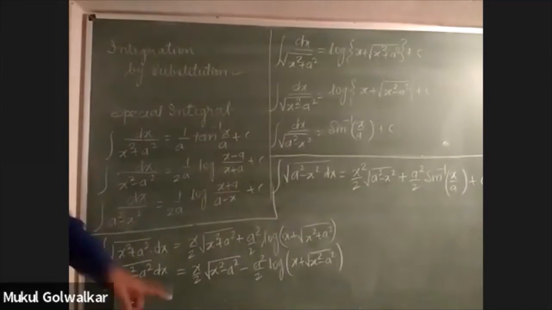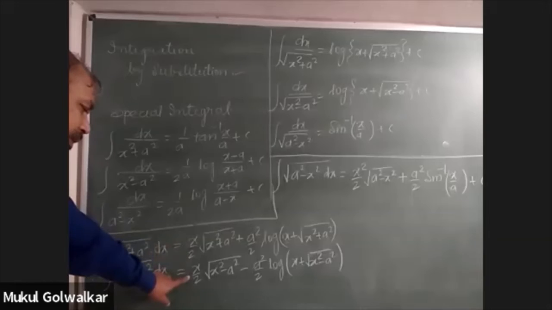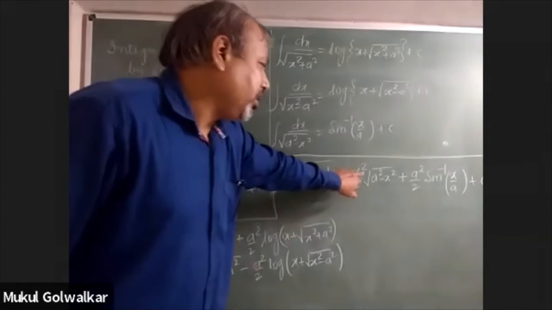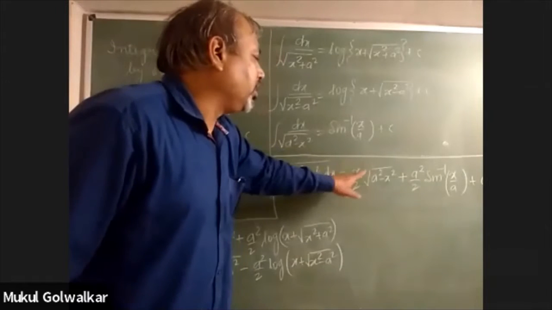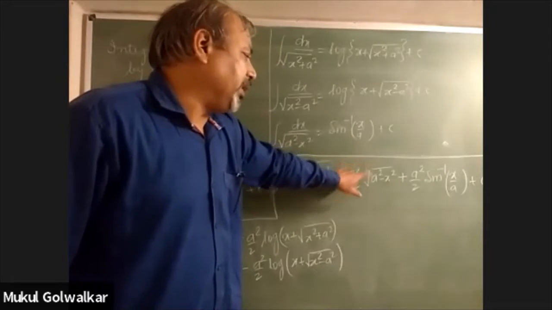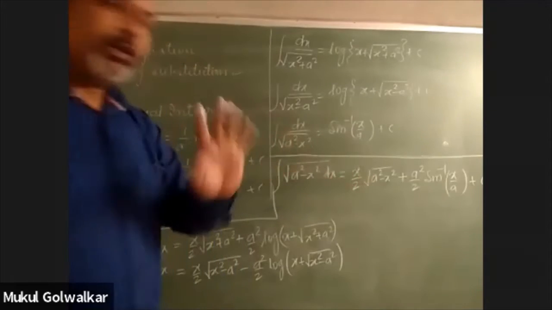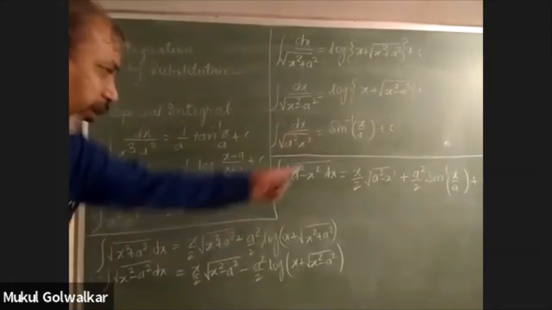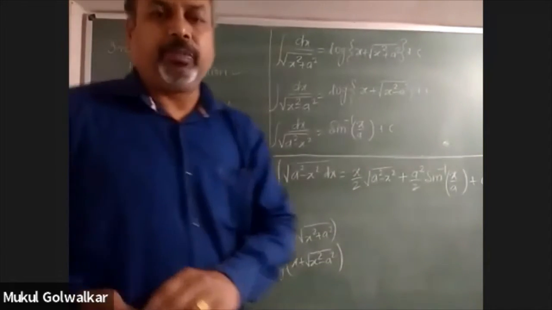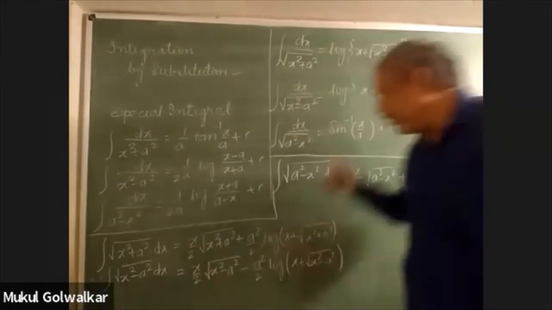Could you see what is the first term in all 3 formulae? X by 2. Here, x by 2. Here. Let me write this also x by 2. I committed one mistake over there, so I have cancelled that x square by 2. It is x by 2. Okay. So now you see that the last 3 formulae have got one similarity. Okay. What is that? The first term is x by 2 in all of them.